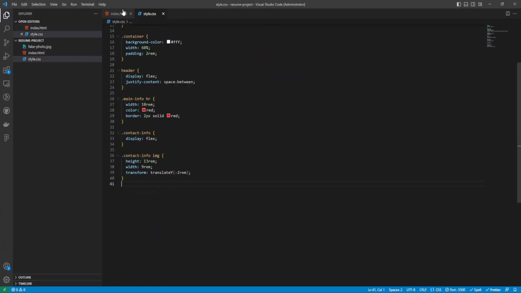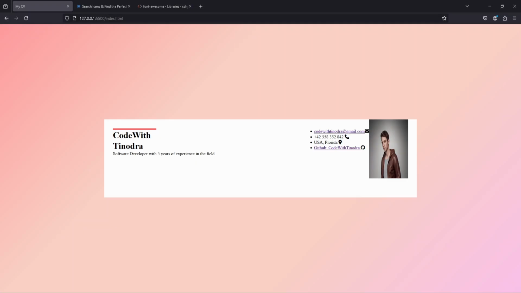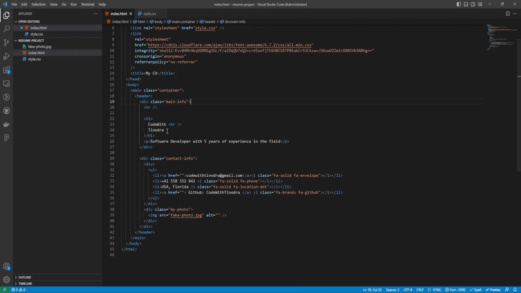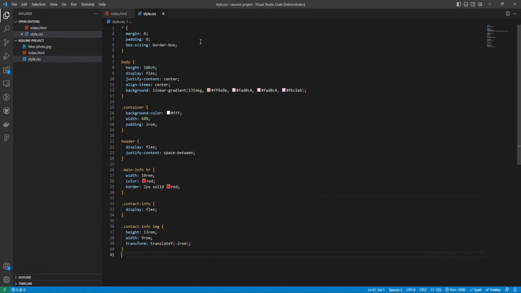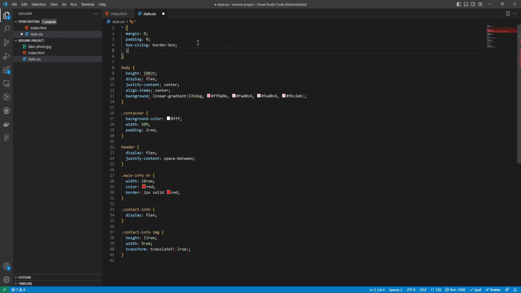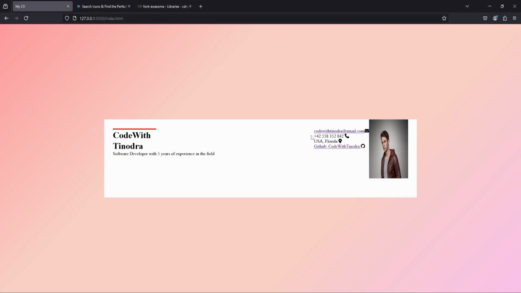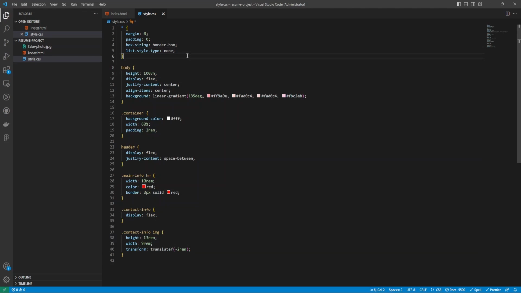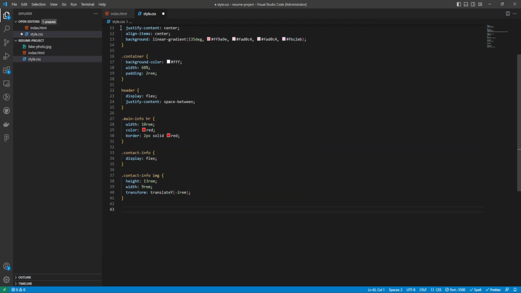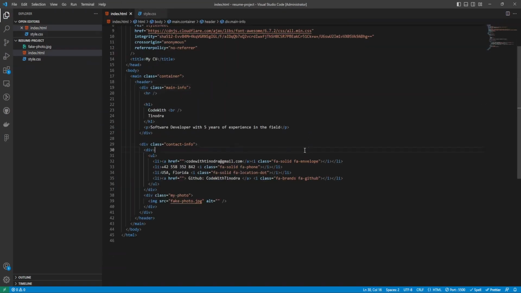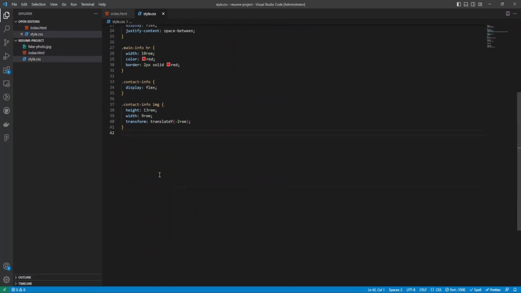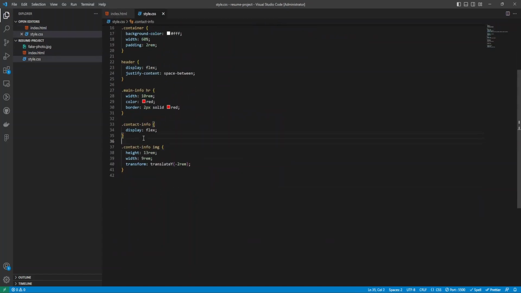So here, what we're going to do, see how they look. First, they look okay, aligned. Back to our style CSS, and we'll give a list style type of none to remove those bullet points. Okay, those are gone. And now coming to the individual icons, what we're going to do is grab our contact info here